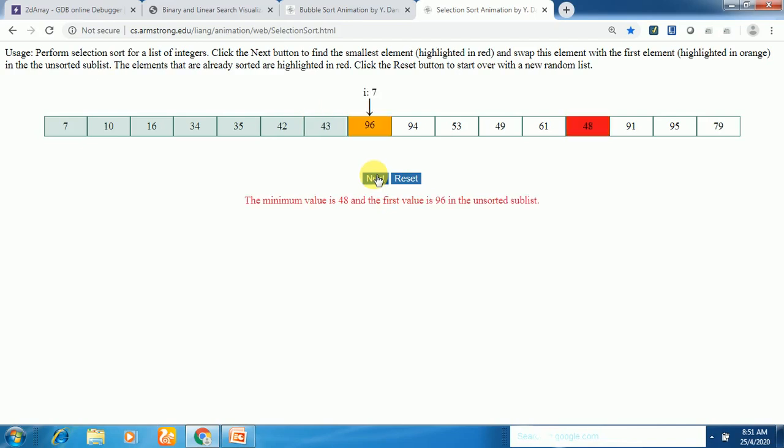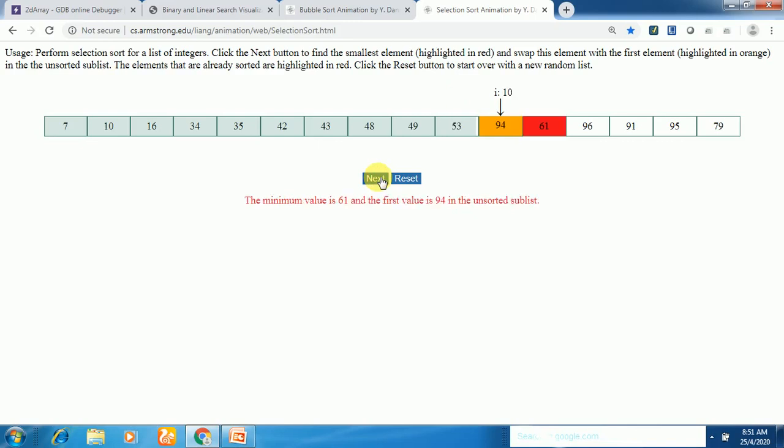The next smallest is 48, 96 is greater than 48, swap these two. Find the next smallest, 49. 49 is less than 94, swap these two. Next, find the next smallest, 53, it is already in the correct position.